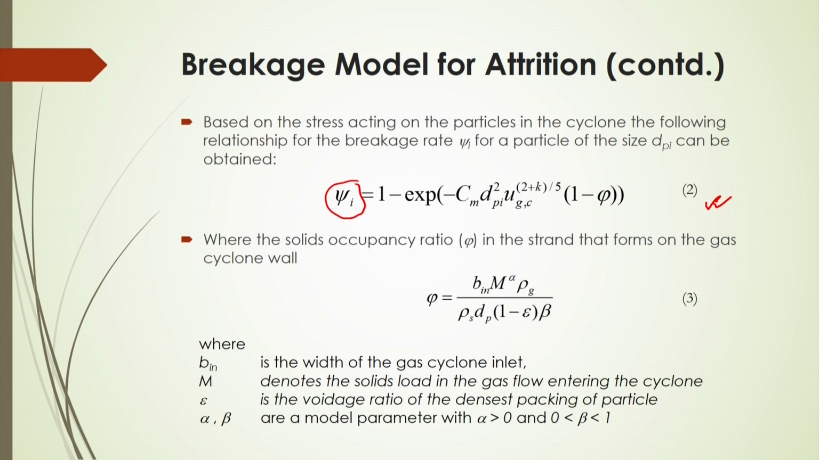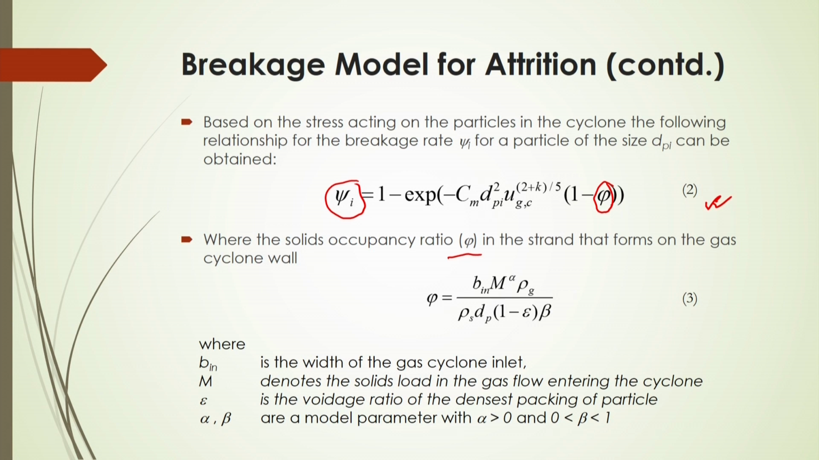So, here again this Cm is of course the material constant, dpi is the particle diameter of the ith class, and UGC here is the gas velocity at the cyclone separator. And it is very interesting that psi, here phi is there. That phi is called the volume of solids that occupy in the cyclone, and the solids occupancy ratio will be expressed by this phi in the strand that forms on